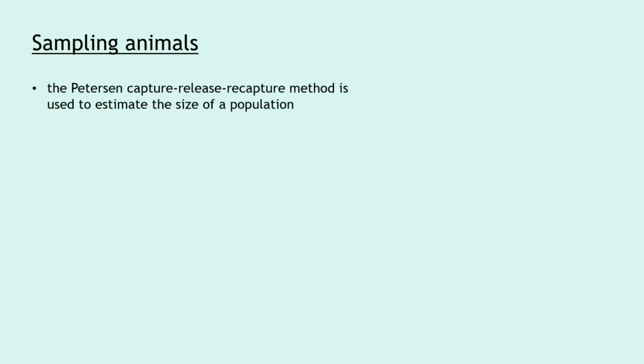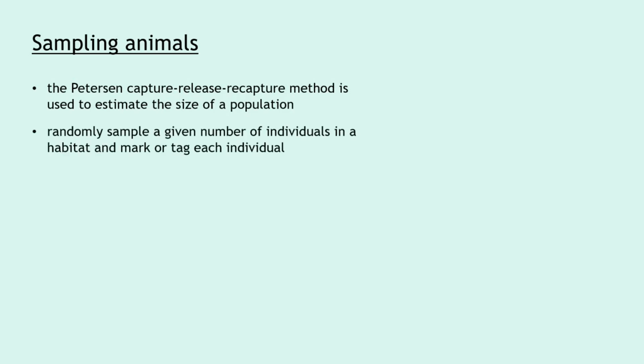And lastly, if you want to sample or estimate sizes of populations of larger animals, then you use something called the Peterson capture-release-recapture method. So the process is as follows. This is a very interesting technique. You take a random sample of a given number of individuals in a habitat. Ideally, this is as large of a sample as possible. So you capture, this is the first step, you capture as many individuals as possible, and then you mark them somehow. You might put a tag on them, you might put a ring around them. If it's like a bird, you might put a ring around the bird's foot, or any way of just marking